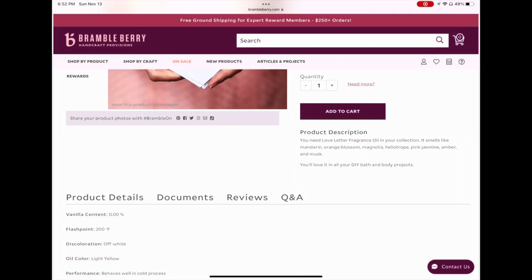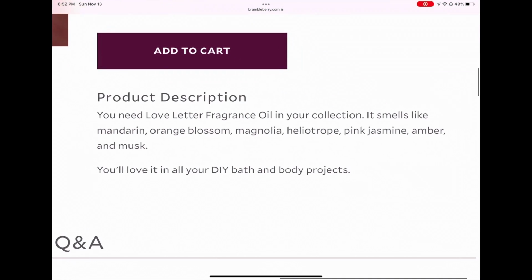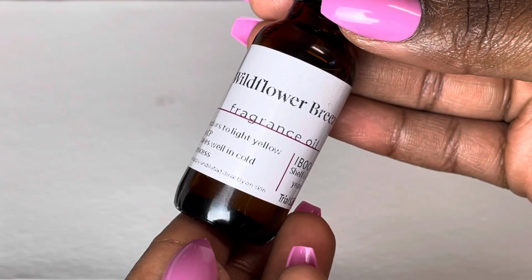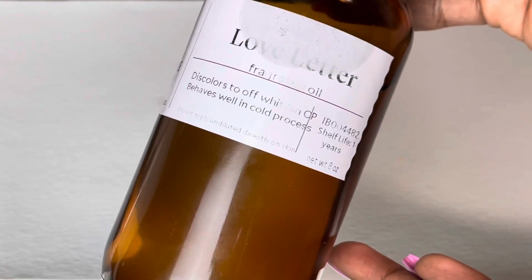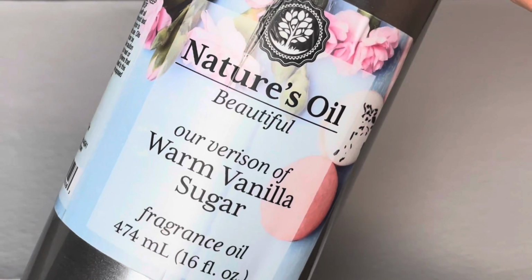On Brambleberry, Love Letter has mandarin, orange blossom, magnolia, pink jasmine, amber, and musk. This is a really great profile. You can really see the top notes, heart notes, and base notes in this fragrance. But I also have a fragrance called Wildflower Breeze, which is a really nice floral scent with some sweet notes to it as well. By adding the Love Letter at 70% and then 20% of the Wildflower Breeze, that will bring more of a sweet floral scent to Love Letter, and then by adding in a floral vanilla,